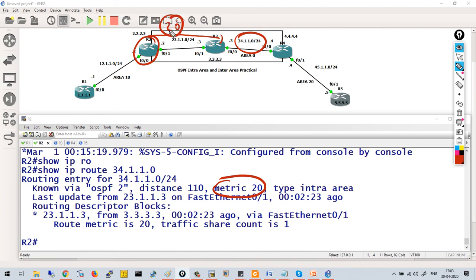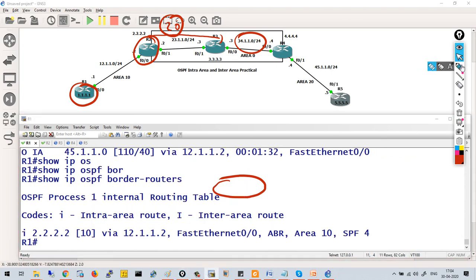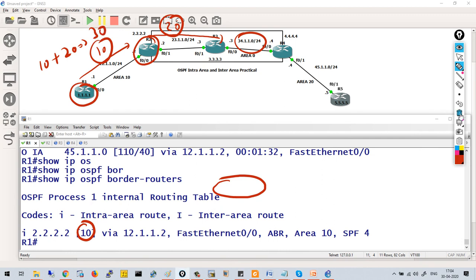This is 20. Now what will be the cost of R1 to reach the ABR? That is 10. So R1 is reaching the ABR with a cost of 10. So the total cost of R1 to reach this network will be 10 plus 20, that will be 30. Let's check it in the routing table.